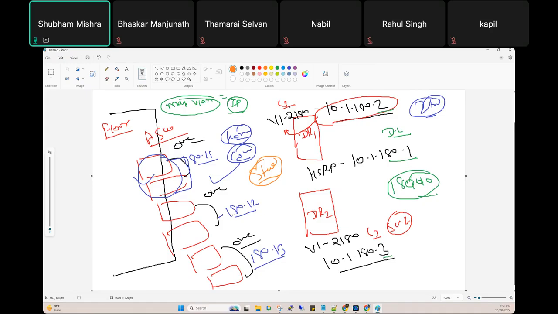Whatever things you will change, first of all, you need to follow the process. What are the processes? We will discuss later, but you must follow the process. Getting my point, everyone? So in real time, for example, if you are a junior network administrator, maybe on the distribution layer you do not have global configuration mode access.